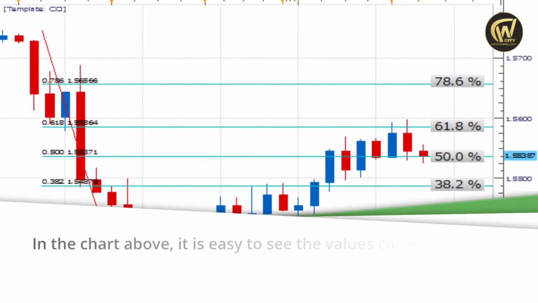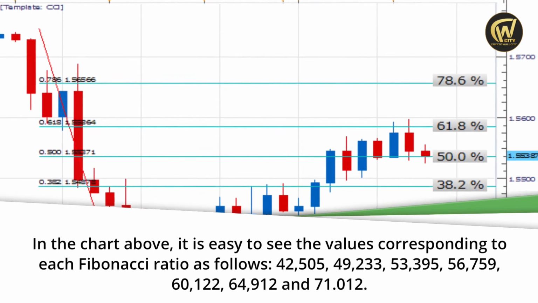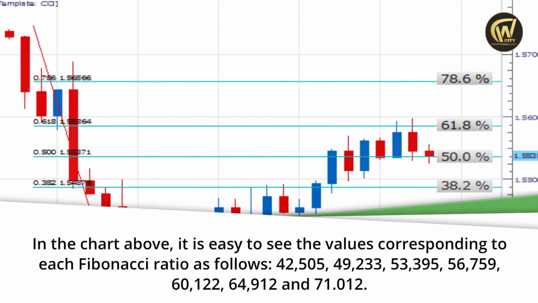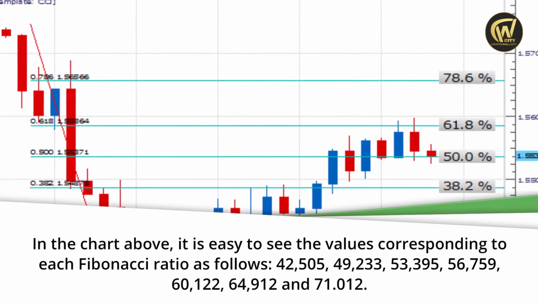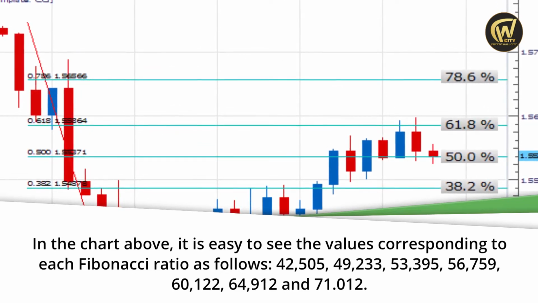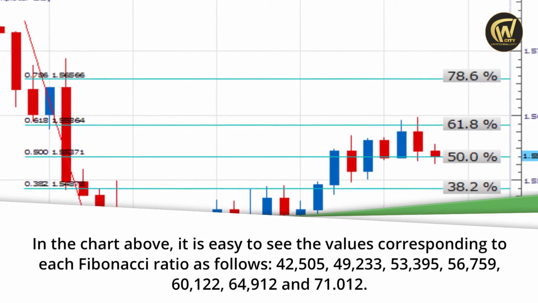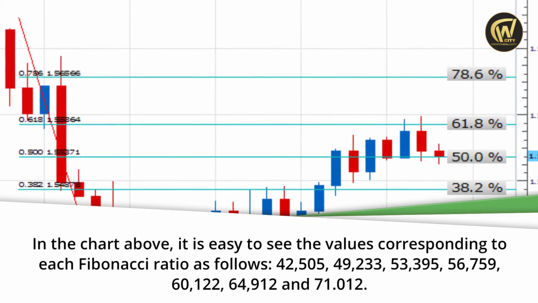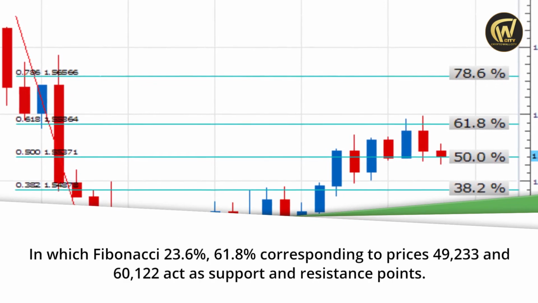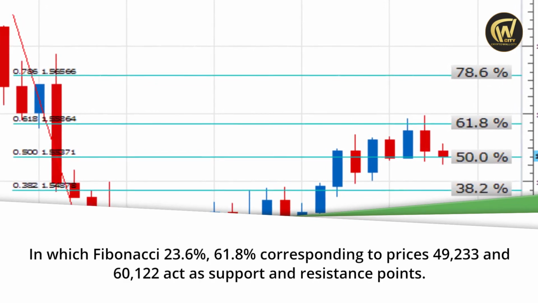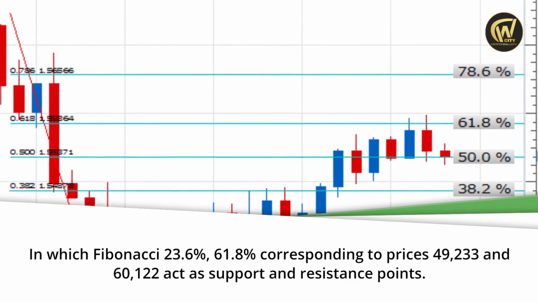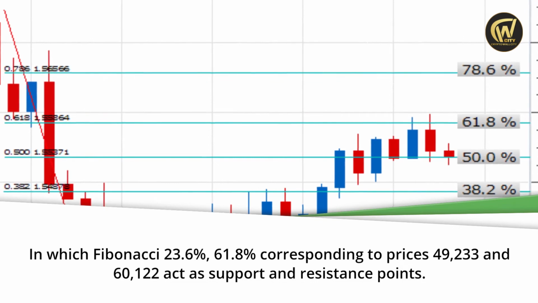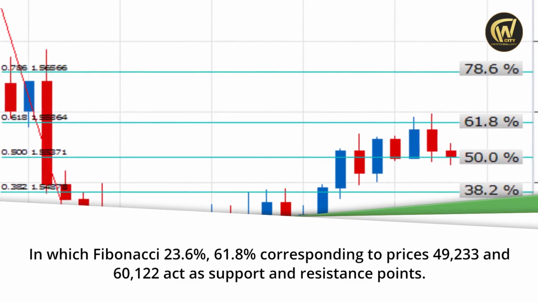In the chart above, it is easy to see the values corresponding to each Fibonacci ratio as follows: 42,505, 49,233, 53,395, 56,759, 60,122, 64,912 and 71,012. In which Fibonacci 23.6%, 61.8% corresponding to prices 49,233 and 60,122 act as support and resistance